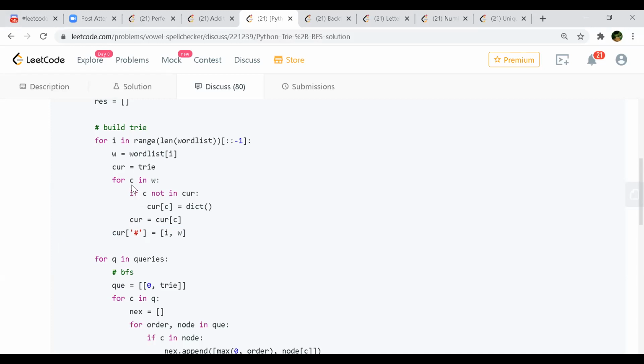They're checking if that particular character or word is present in your word list. If they are going through every word in your word list and checking if it is present in my trie, then corresponding to that again, we are calling the trie function.